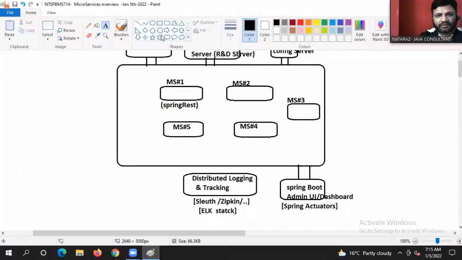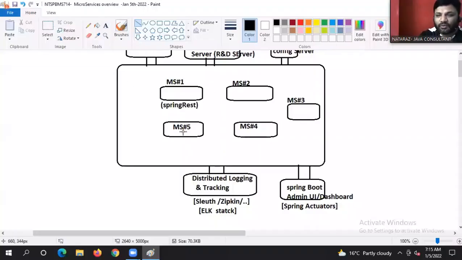Okay, now listen carefully. We need to make one microservice choosing the correct instance, guys. That means as a load balancer.